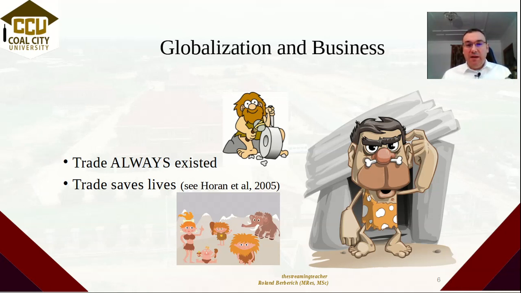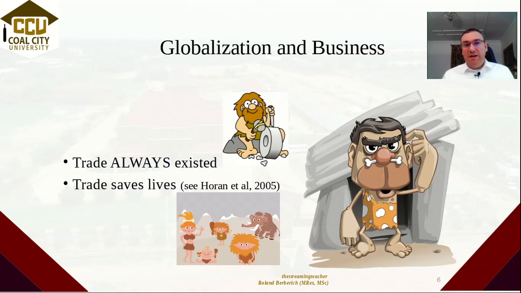Really crucial to the success of humankind was that early humans managed to trade beyond their immediate surroundings. For example, in Horan et al., it is described that Neanderthals had an advantage over other humanoids because they had long-range trade routes. Neanderthals in one valley of the continent traded with Neanderthals on the other side of the continent, and therefore had wider access to goods and later on services than those humanoids that did not trade over longer distances.